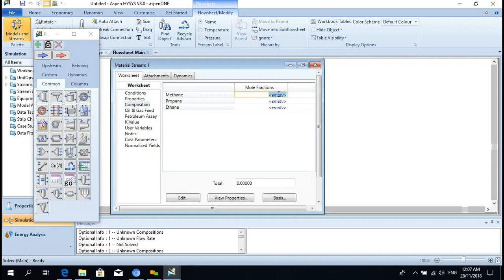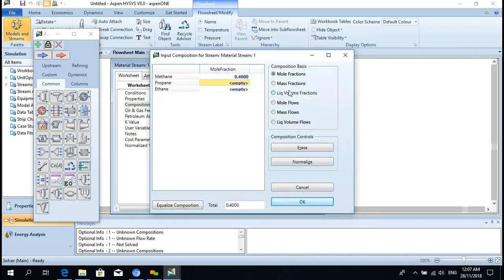Now methane put 0.8, and propane. Okay, now go here, mass fraction. Select here mass fraction. Anything you can select, mass fraction, mole fraction, no problem. Select mole fraction.